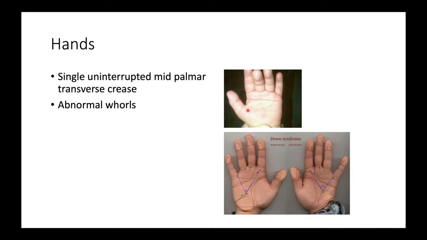Looking at the hands, we may have a single uninterrupted mid-palmar transverse crease as seen in Down syndrome, and an abnormal whorl pattern that is also seen in Down syndrome. Not to spend a lot of time on this, but this is called the displaced distal axial tri-radiate angle. So if we look at your own hands when you have the time, you will note that